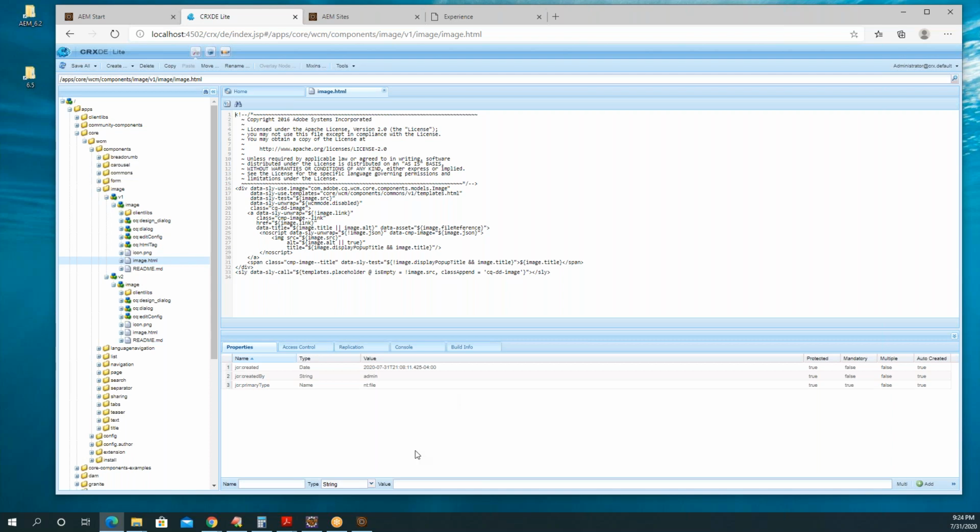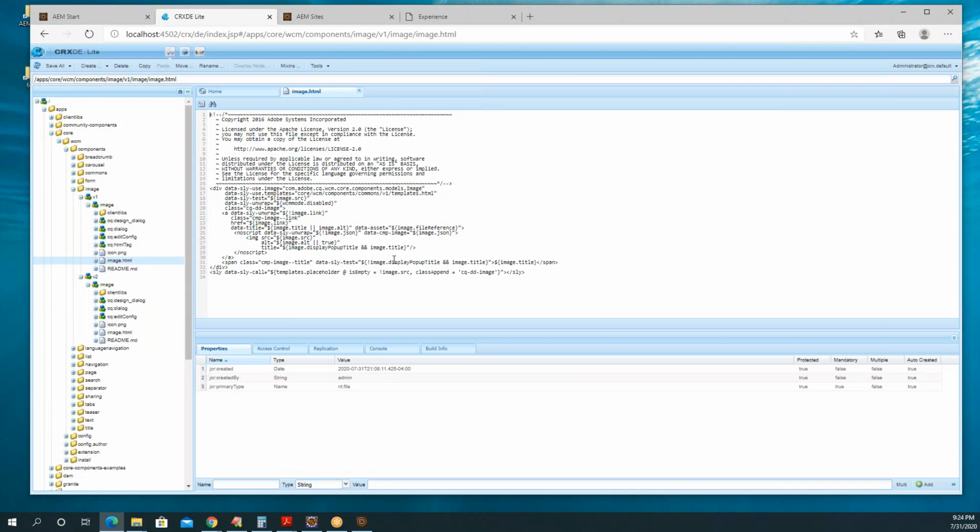If you see the code here, you can easily find out it is pointing to some Java classes. Line number 16: data-sly-use.image equal to com.adobe.cq.wcm.core.components.models.Image.